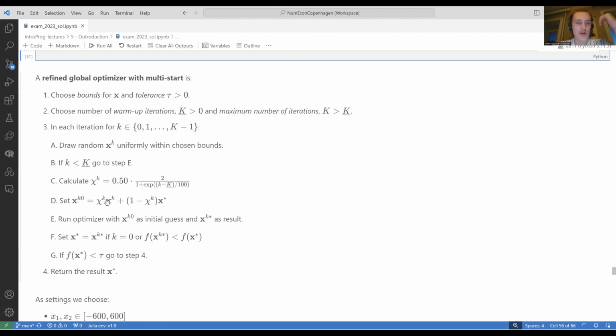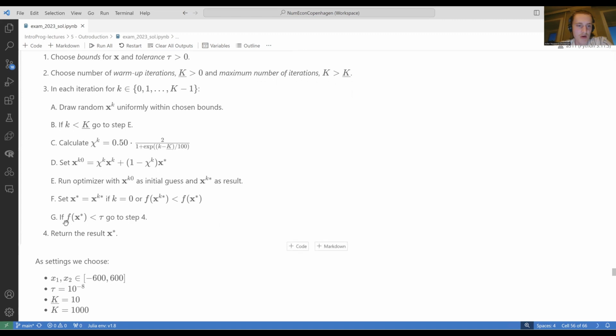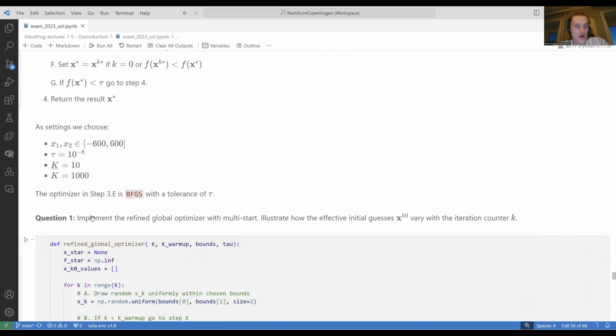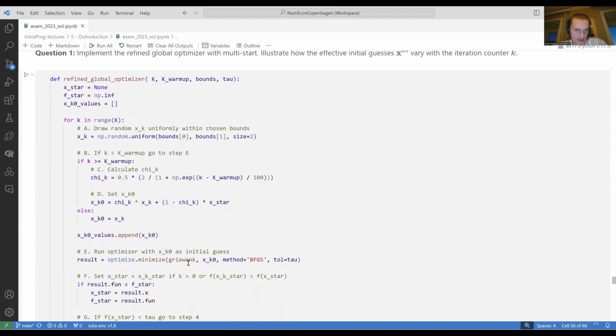So you start out putting a lot of weight on your randomly drawn guess, and then as k increases, you put more and more weight on your previously found global minimum. So you're moving the optimizer toward the lowest point you found so far. And then you're doing the same steps as before. And if you find something that's very close to 0, then you say, okay, I actually found the correct result. And the code follows these steps